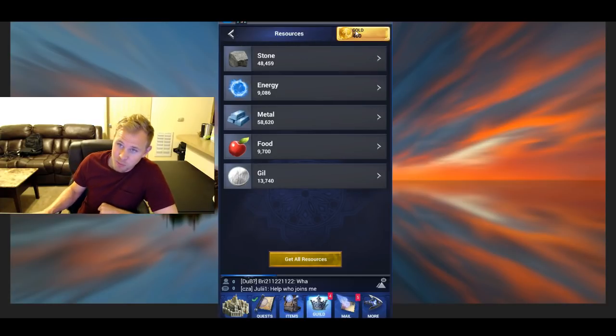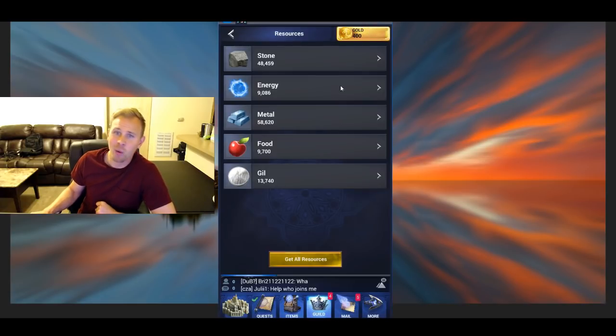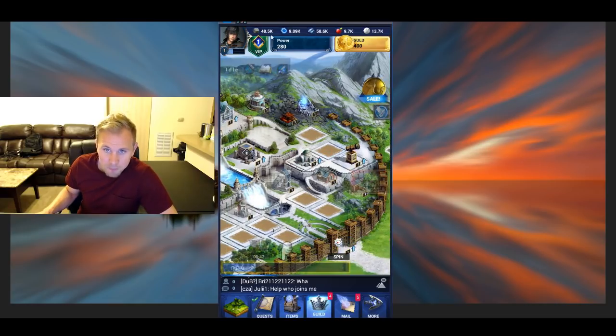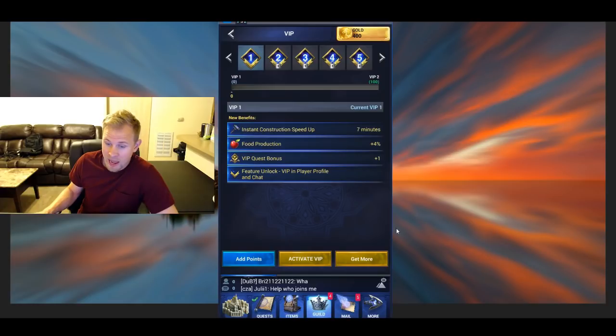And it also displays how much gold you have here. So I've got 400. You can buy gold, you get it for quests. There's other ways to get gold, but we'll get into that at some point. Also up top, you can see your VIP. And if you want to activate your VIP,